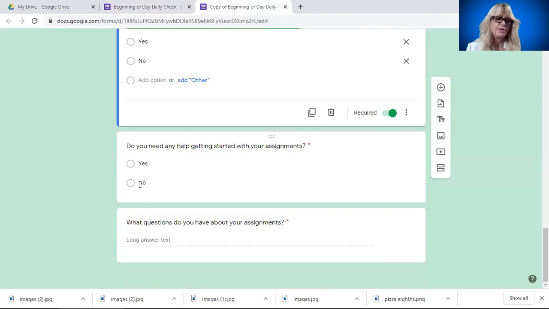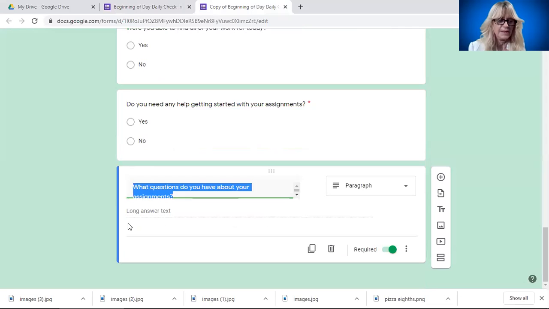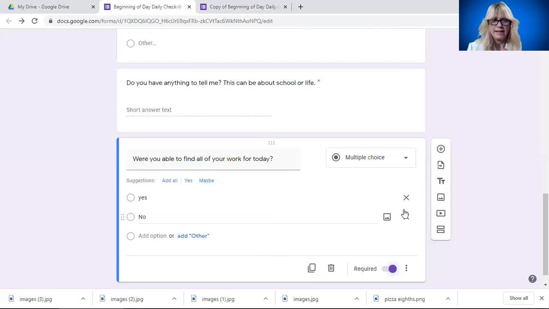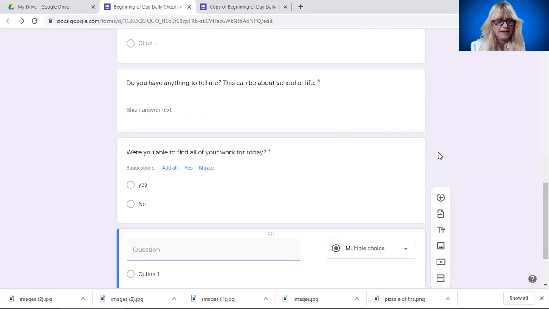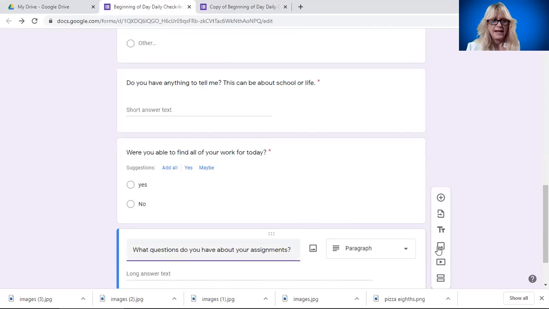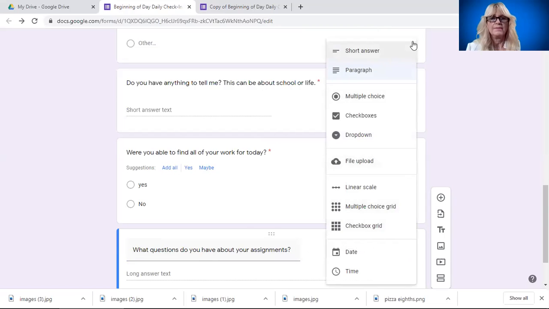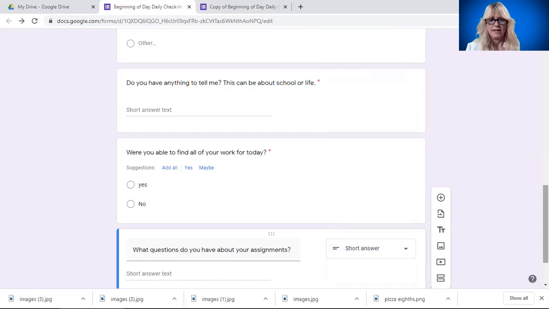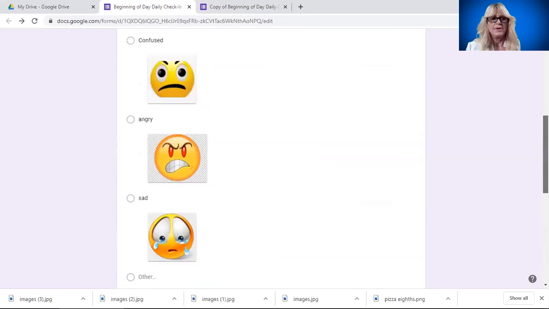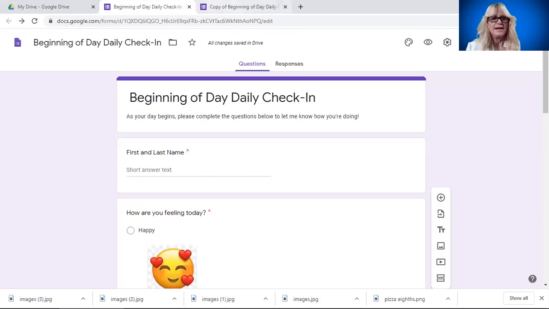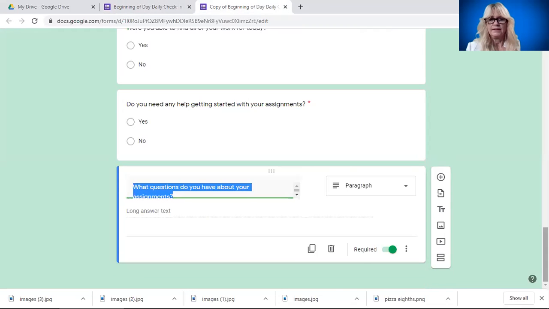What questions do you have about your assignments? Go ahead and go back and let's add a question. We're going to paste this, and we don't want a whole paragraph. Maybe you do. I'm going to say short answer. Okay, at this point, it looks good, except we are missing